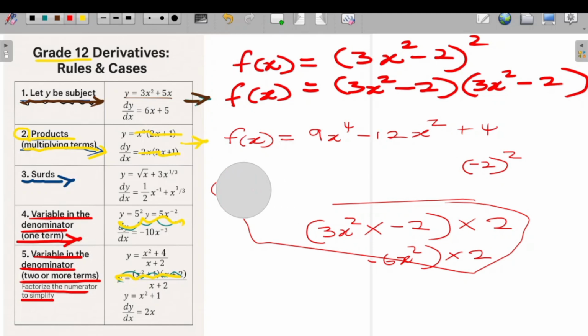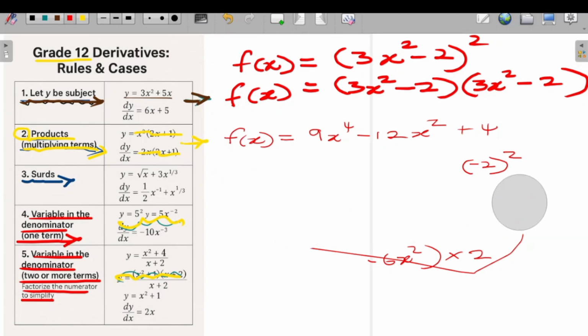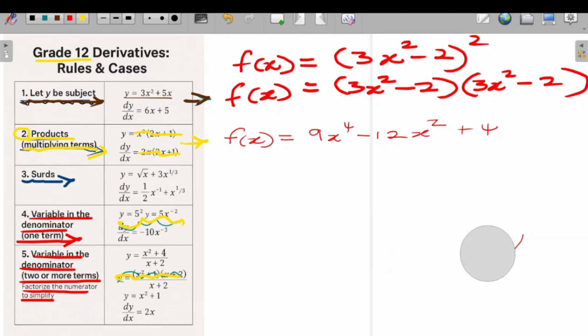If you want, you can check. If you don't want, we can continue. Okay, so we have simplified it, or we have multiplied it. So now what we gotta do is simple. What we gotta do is now derive. So now we can just say f prime